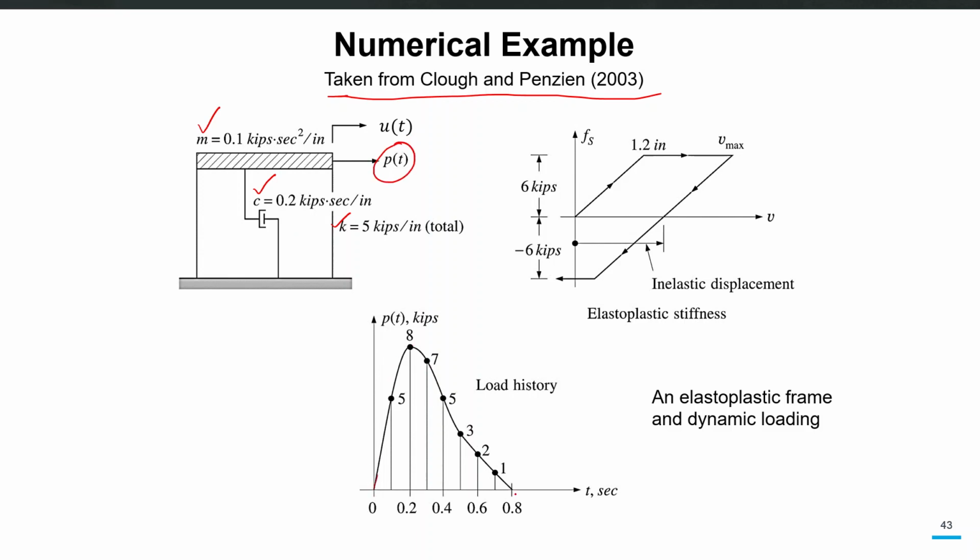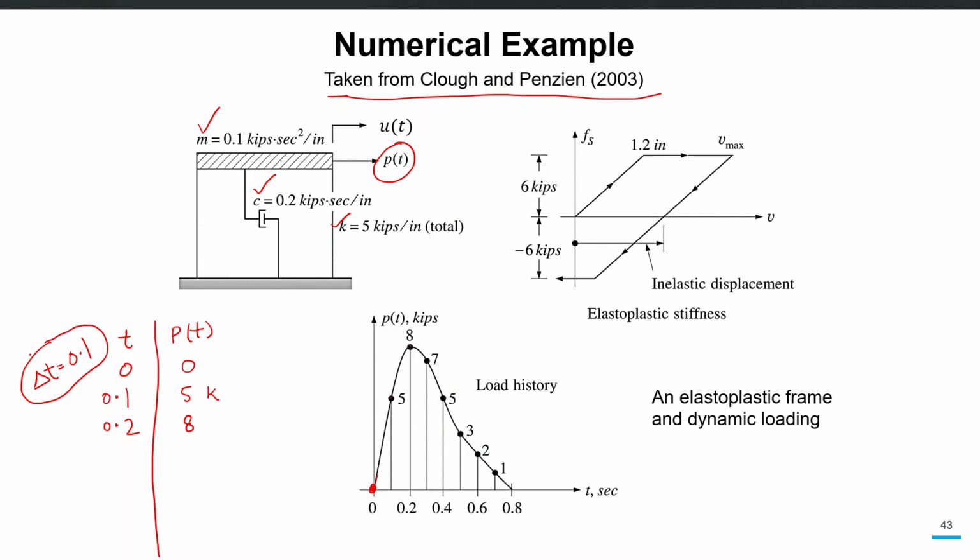So this p of t is basically numerically defined. You are given that at time t equal to 0, the value of p is 0, but at time 0.1 second the value of p is 5, then in the next time increment it becomes 8, and then it reduces to 0 again. So you have these values: t equal to 0, p of t equal to 0, then t equal to 0.1 second, p of t equal to 5 kips, then 8 kips at 0.2 second. So your delta t is already defined, which is 0.1 second. This is your delta t.